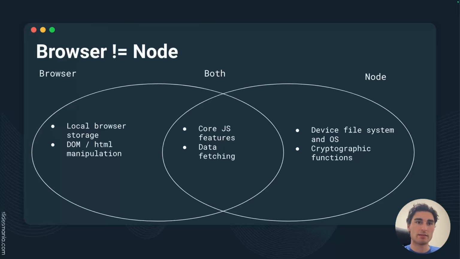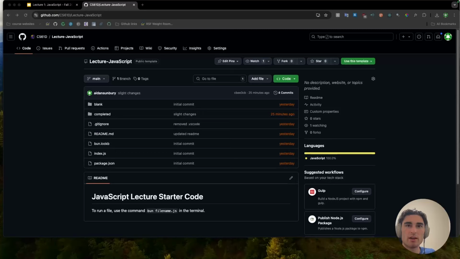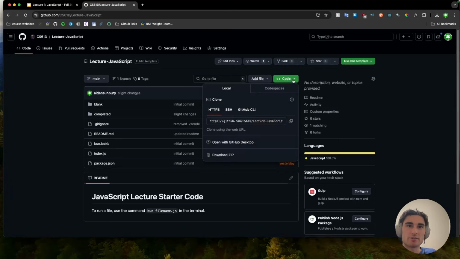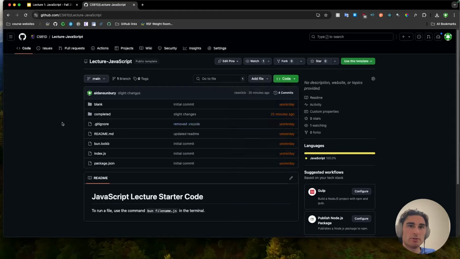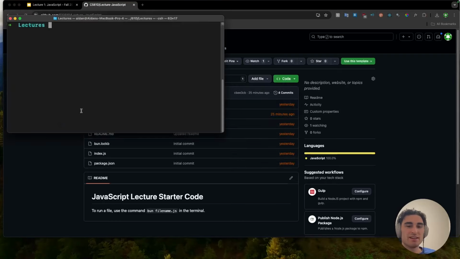And with that, let's start coding. To start, go to the link in the description to get the starter code. Click on this little dropdown and copy the URL to clone the code locally. Open up whatever your terminal of choice is. In macOS, you can just use the default terminal, or on Windows, you should use PowerShell. Navigate to whatever your preferred place to store the starter code is,